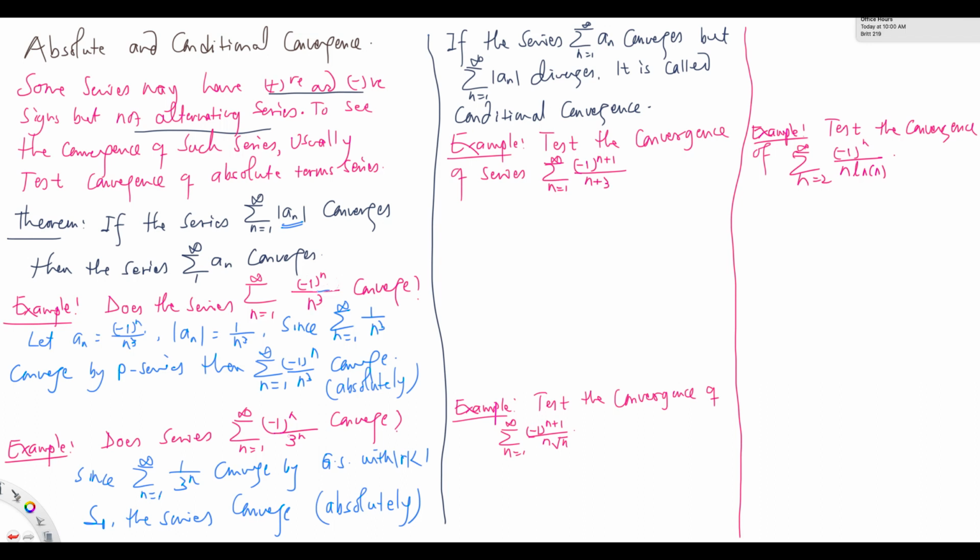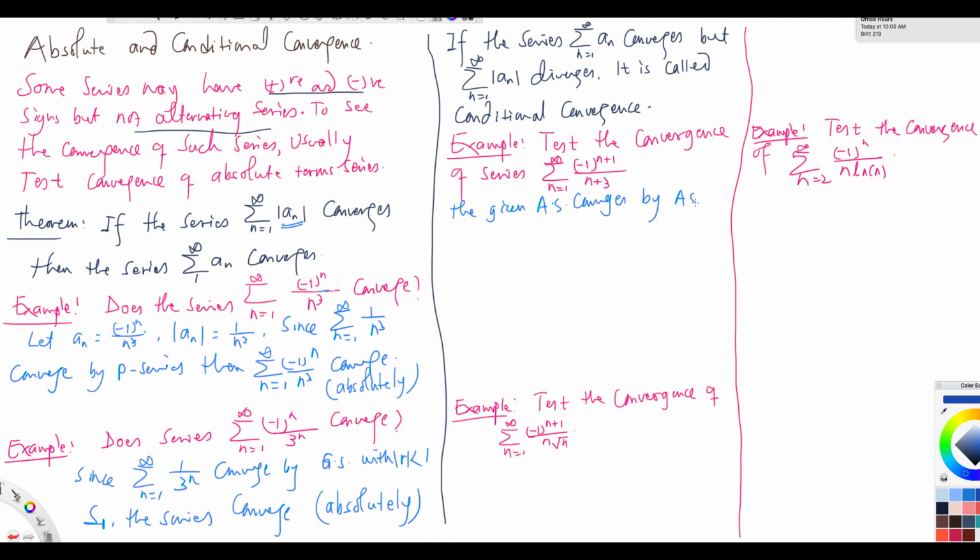So let us do this example here. What do you think? Does this series converge absolutely or conditionally? We want to check that. The series here, you see that it is an alternating series, right? Does this alternating series converge? It converges. Look at this. The given alternating series converges